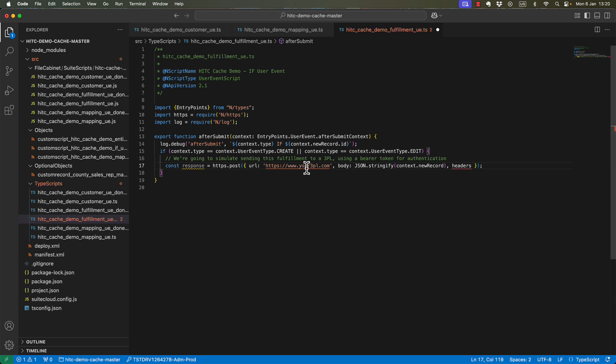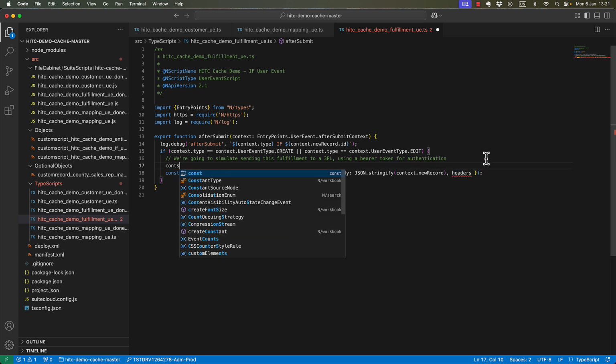So this is obviously not a real 3PL, but this shows that what we need here is the headers for this call. So what that might look like is